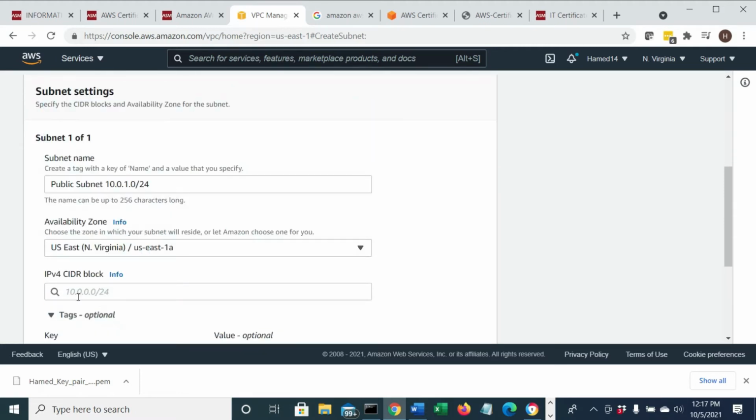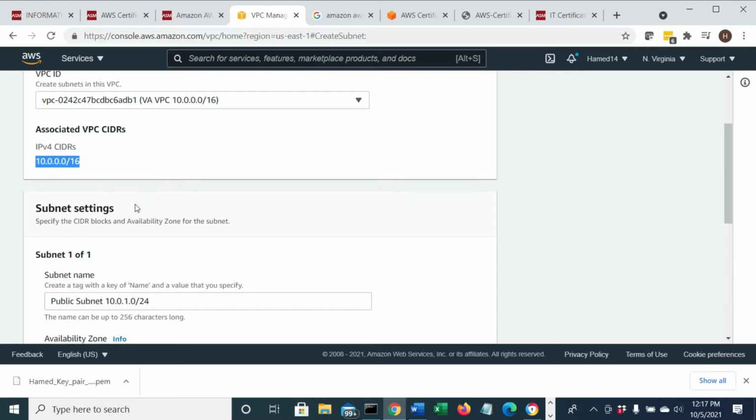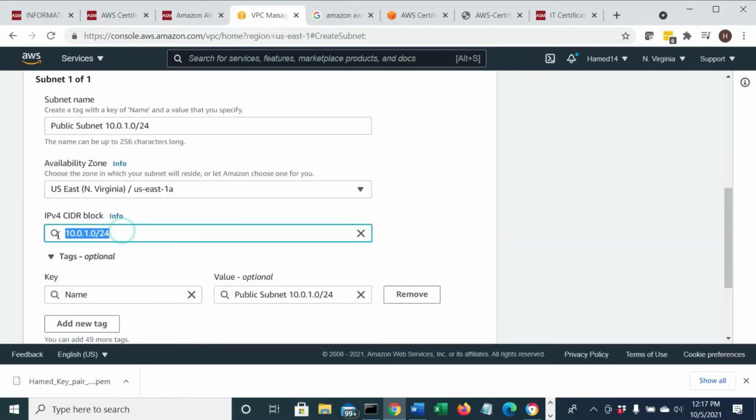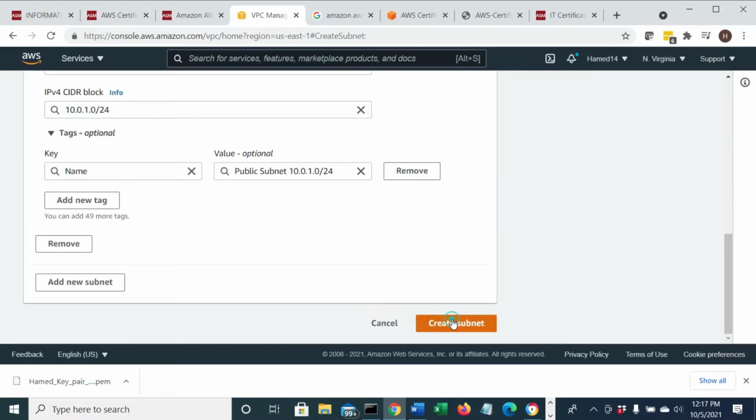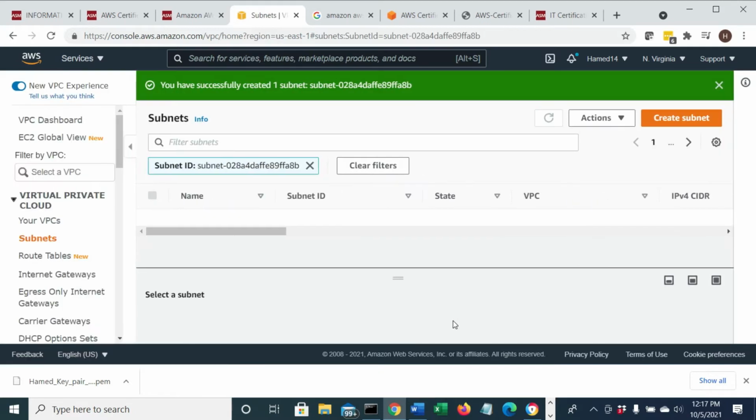I pick 1a, and then here write 10.0.1.0/24. So what's going to happen? I have a huge network right here, and inside that I'm going to create a bunch of subnets. That's one subnet. Create a subnet.